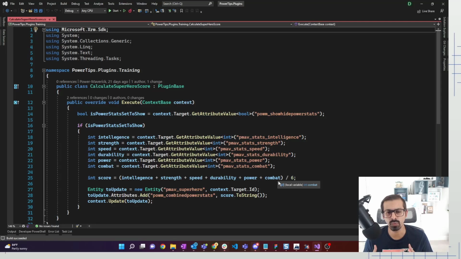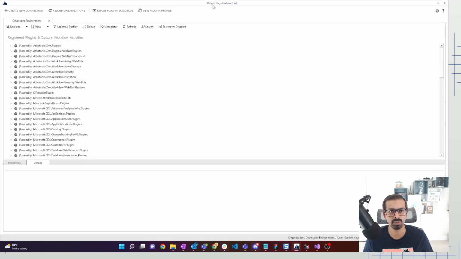So now there are two ways you can register this plugin in Dataverse. First one is using the plugin registration tool provided by Microsoft, which is the part of the SDK. You can get this plugin registration tool by downloading it from NuGet packages or from cds.tools. All of those informations are also provided in the video that I had done before, and again the link will be provided in the video's description,